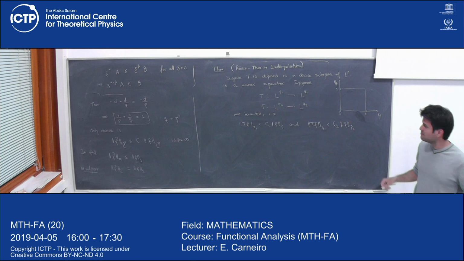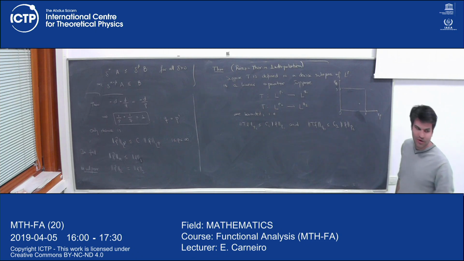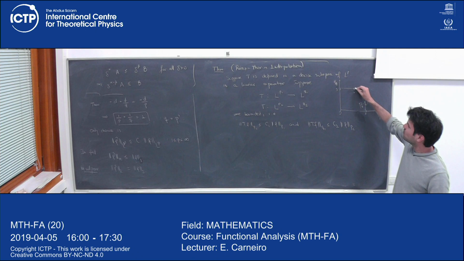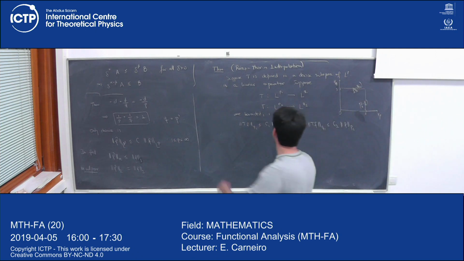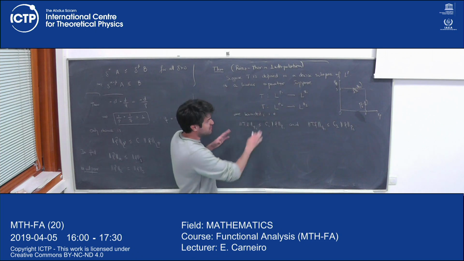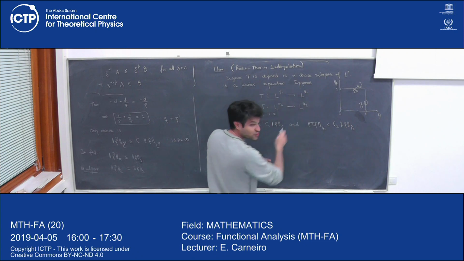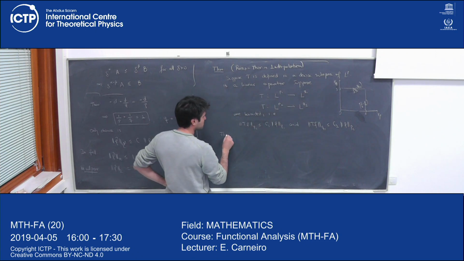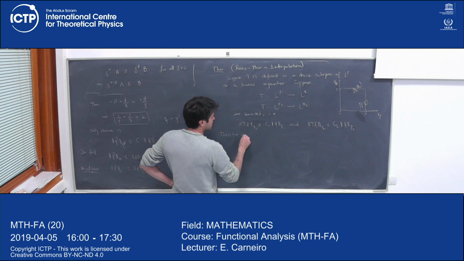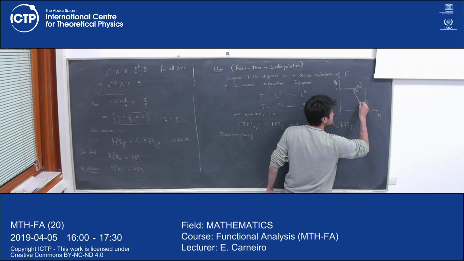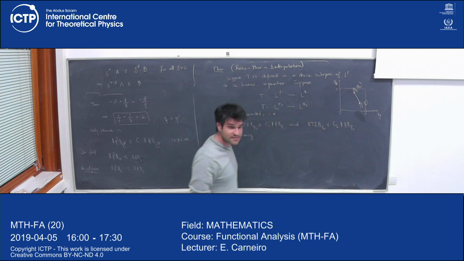I'm taking here a point (p1, q1) and another point (p2, q2), so this is 1 over p1, 1 over q1, 1 over p2, 1 over q2. The conclusion of this theorem, if you have a linear operator bounded from one L^p to another L^q, and another L^p to another L^q, is that for every point on the line that connects these two points,